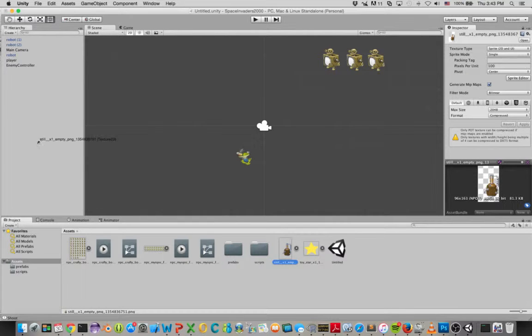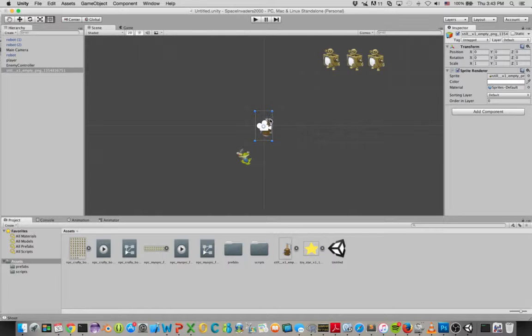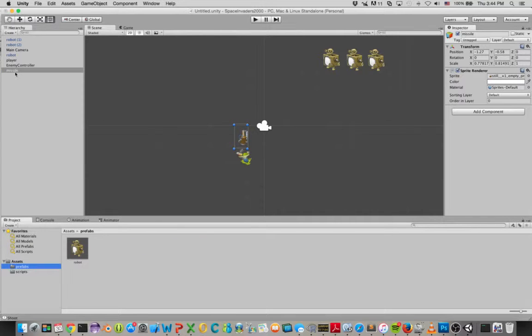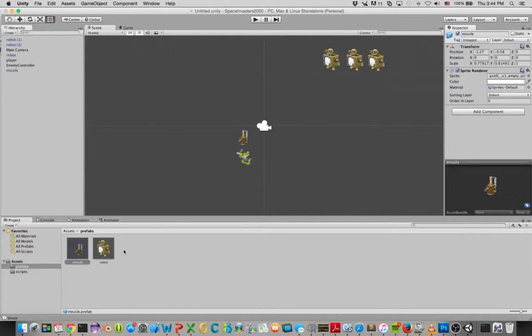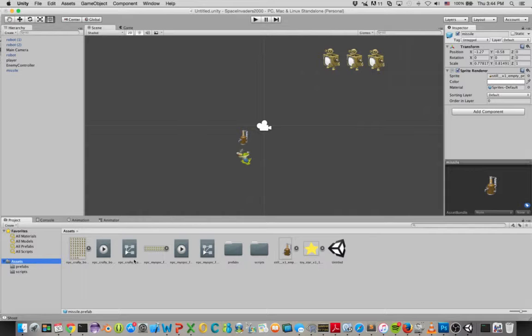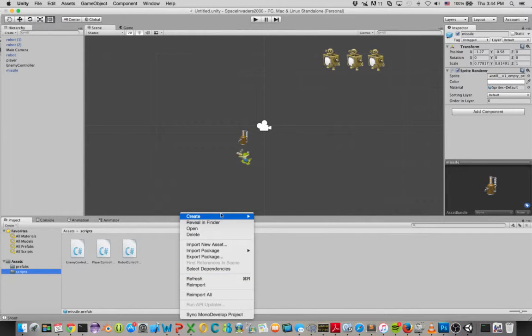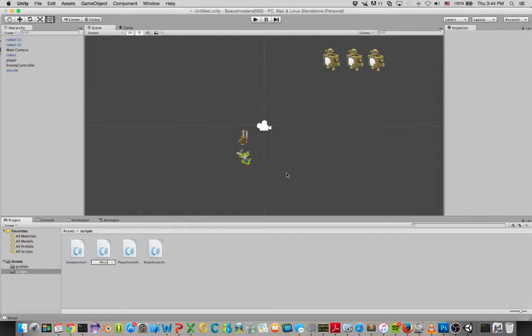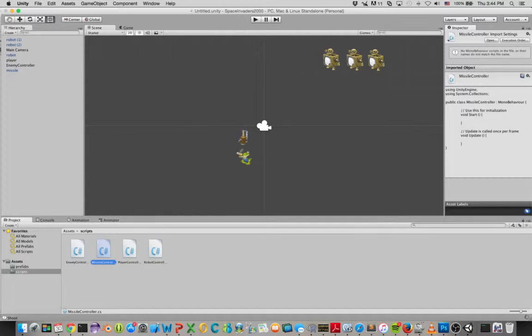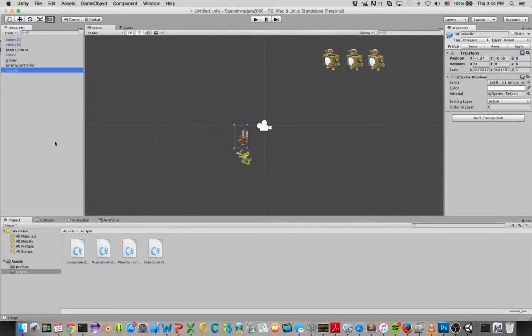So let's put this still out here and create the behaviors that we want to have. So this still is going to be created from our little guy here. I'm going to shrink it down just a tad bit. It's going to go up. Let's call this bullets. How about missile? That sounds more official. And we'll create a missile prefab. And then let's go to scripts and create a missile controller. And we will assign it to our missile